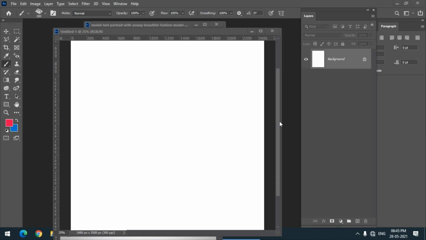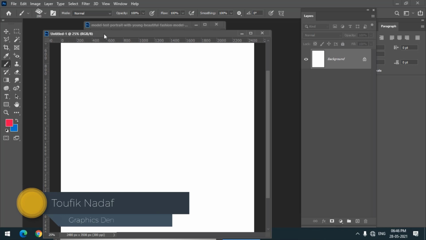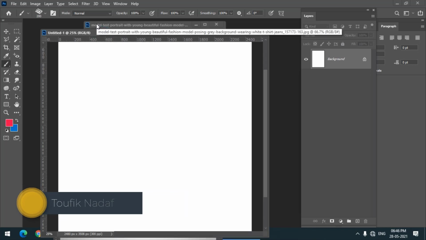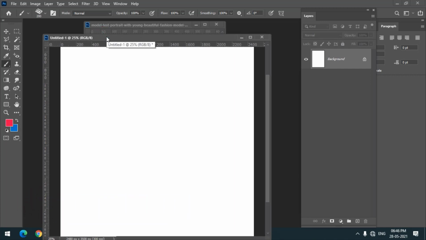So we are going to continue with our brush tool in this video, continuing with the properties of the brush tool. In the last video we saw the different brush properties, and how to change the color, size and some other properties, again how to change the modes, opacity, that sort of thing. Now in this video we are going to see how to create a new brush.